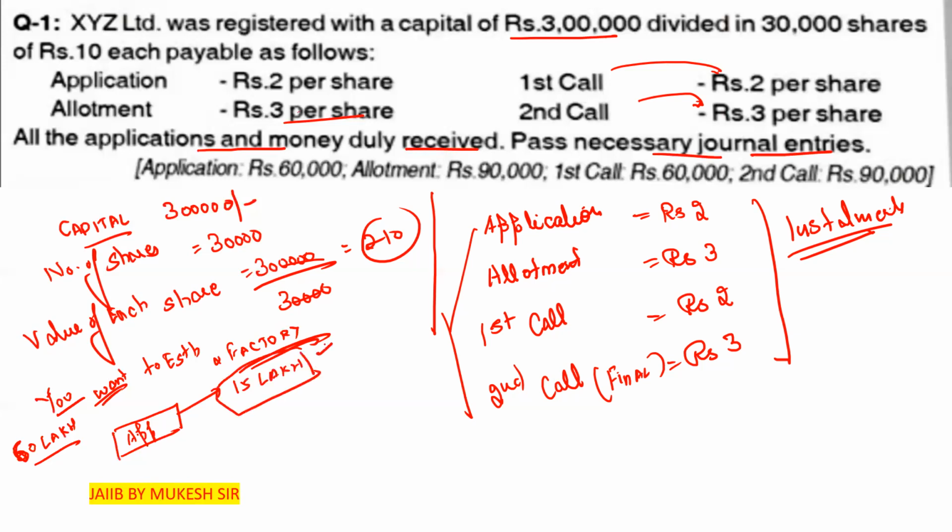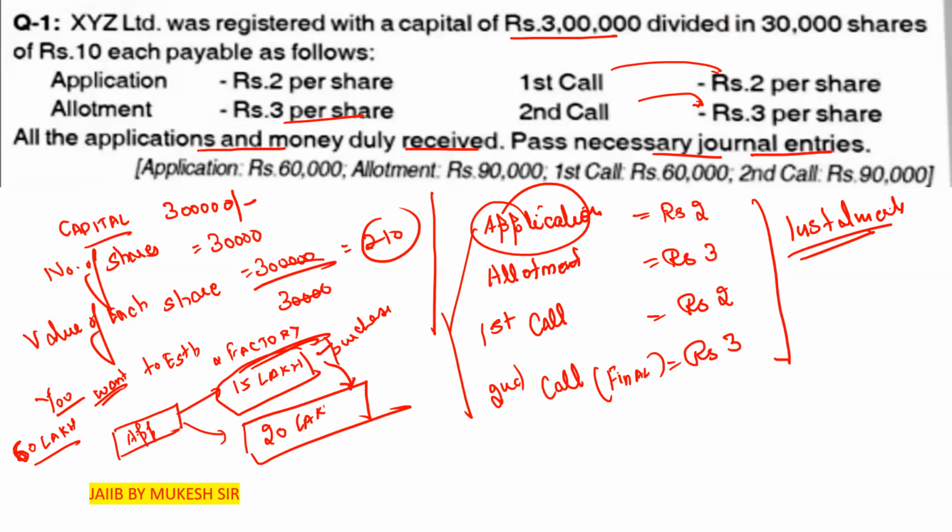Basically, for the purchase of the land you will require 15 lakh. That is at the time of application. After 2 months you have to start the construction, and for that you will require 20 lakh. So there is a time gap, which also makes it easier for you to raise the capital of 60 lakh